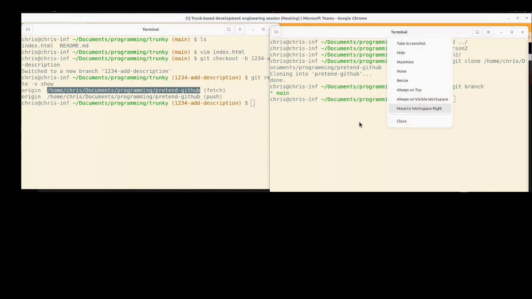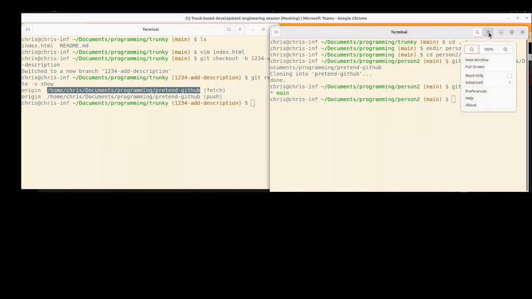I wonder if I can rename this. No, I don't know how to do that. Maybe I can do it. No, I won't faff around with that. Okay. So